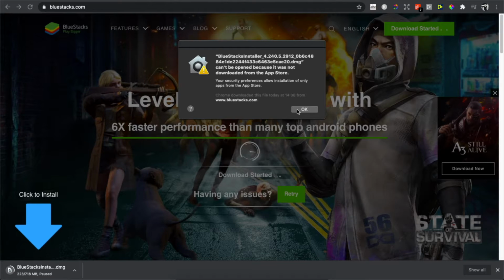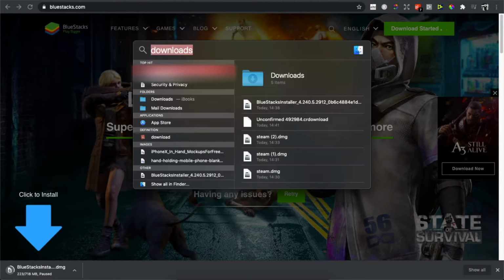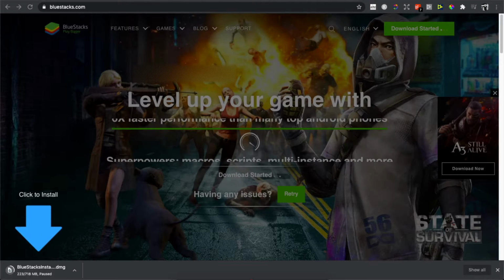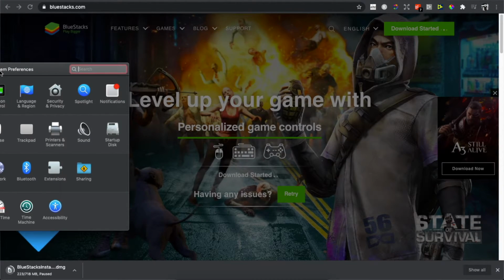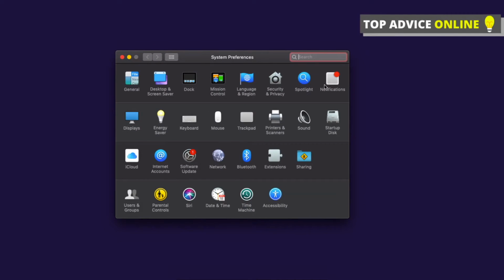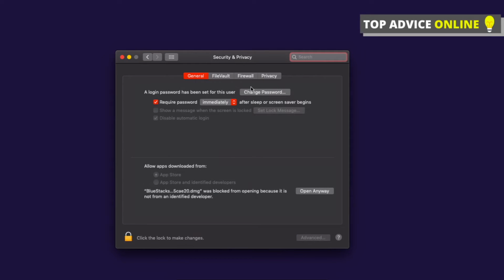So what you need to do next is go on Finder and go on System Preferences. And once you are on System Preferences, I will show this window. You need to go on Security and Privacy, and you will see this title: Bluestacks was blocked from opening because it is not from an identified developer. So press open anyway,